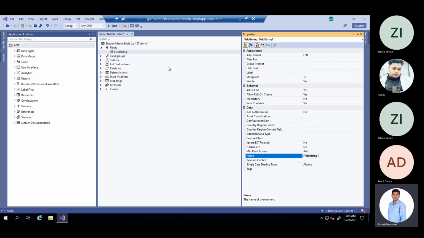Go to properties and I'm changing the name to student name. Here the label is blank, so let it be blank. I will tell you.